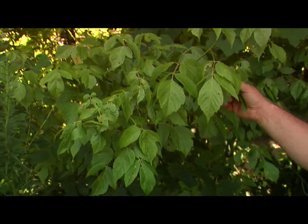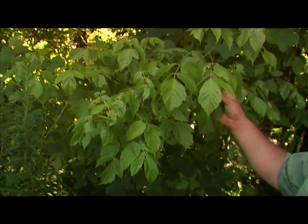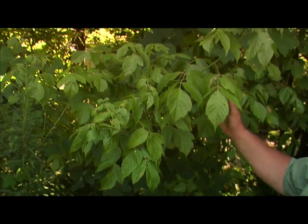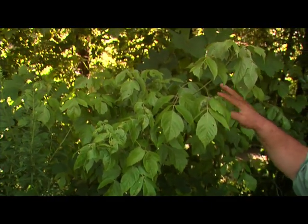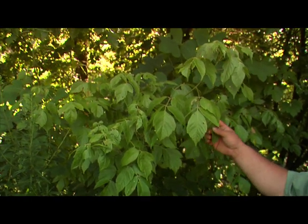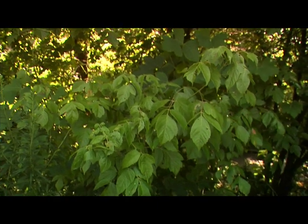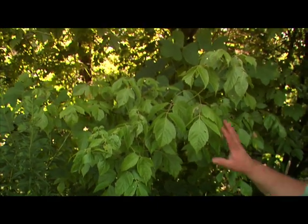The box elder is the one that supports the box elder bug, which you may have seen in various homes around at times. But down here where the box elders are plentiful, the box elder bugs will move into adjacent homes and try to overwinter there. It's sort of a small weak tree, not a real good ornamental tree because of the insect problems